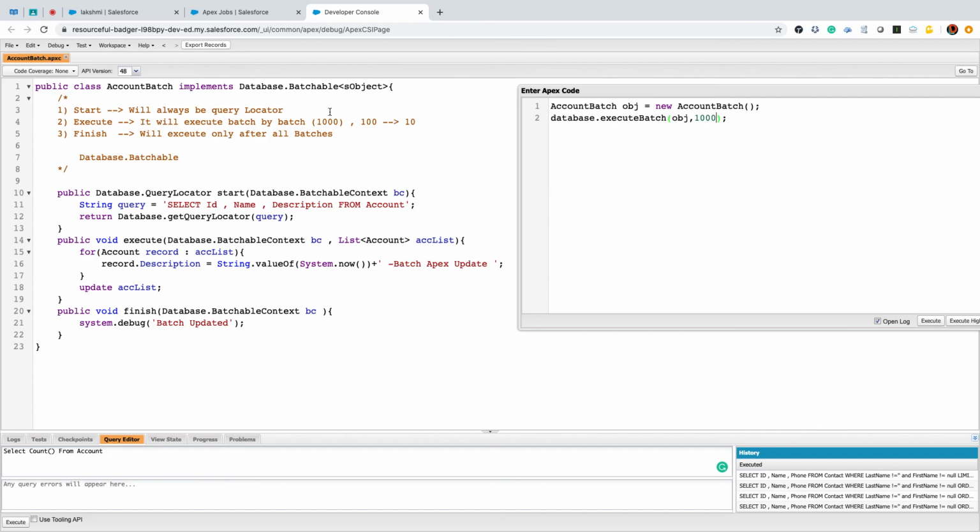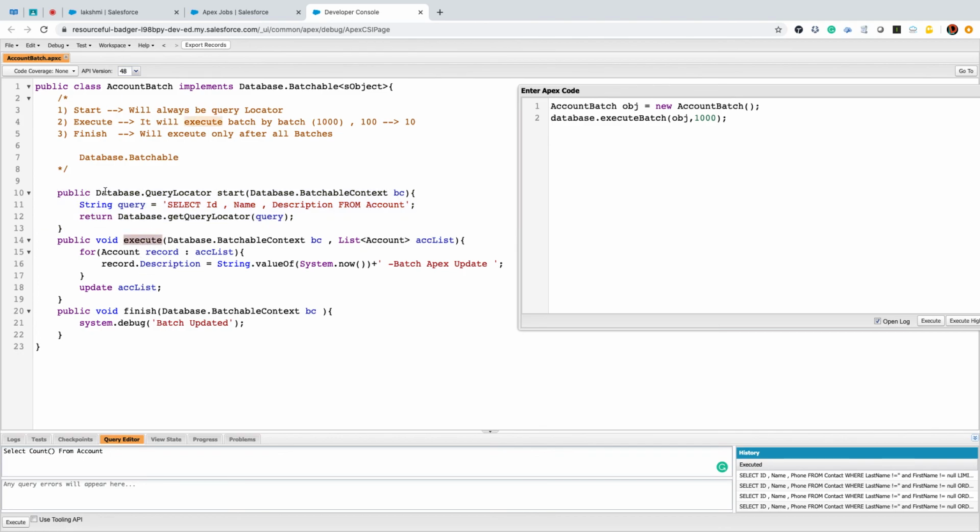I'm trying to say, whenever you are writing your batchable Apex, you need to implement an interface called Database.Batchable with a type sObject in it. This is the standard; there are no changes here. Okay, and you have a query locator. We have two types: one is the iterator, and we also have the execute method and the finish method.